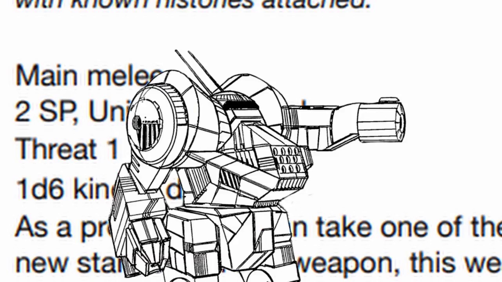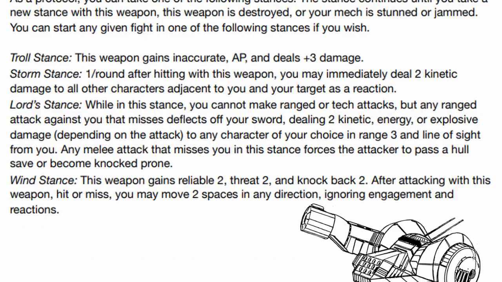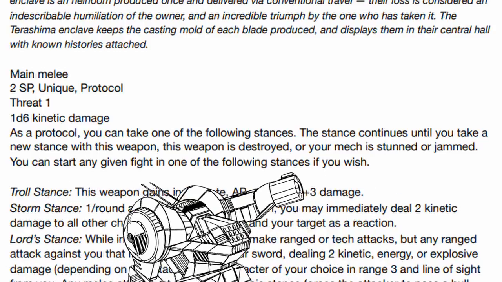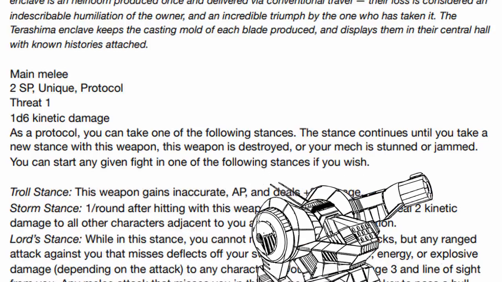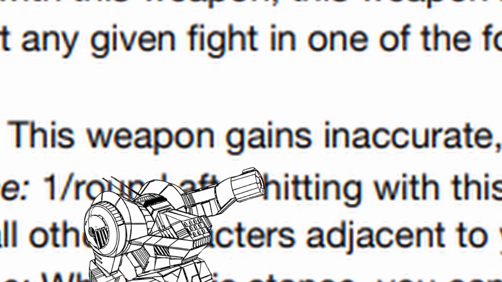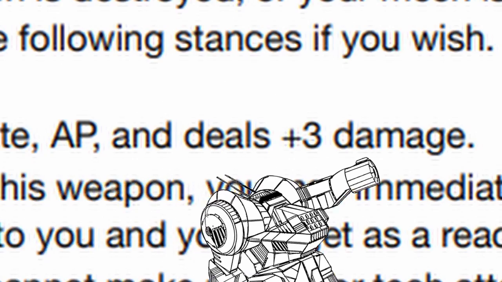If that cost seems outrageous to you, that's because the weapon is outrageous itself. As a protocol, you can take one of the following stances which continues until you take another stance, get the weapon destroyed, or are stunned or jammed. You can start the fight with a stance chosen already. First, Troll Stance, gives the weapon inaccurate tag, which is bad, but also AP and plus 3 damage, which is